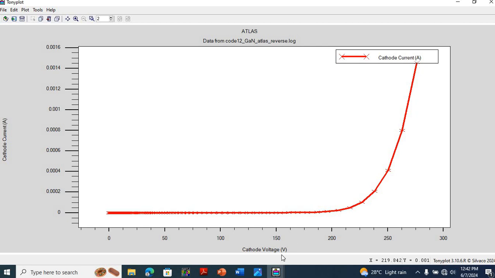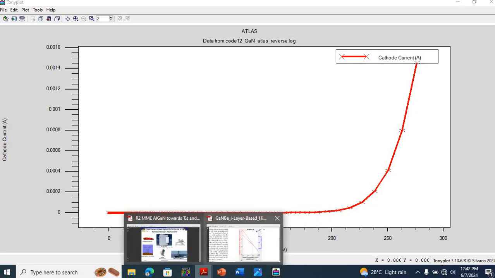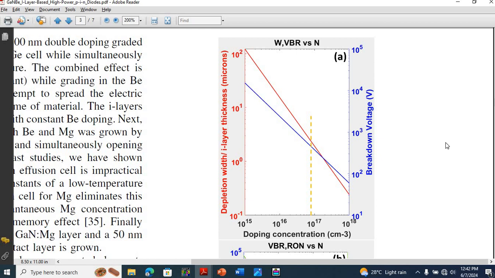So I assume that 275 volts is the breakdown point for this gallium nitride PIN diode with an I layer thickness of 1 micrometer. Also, I want to compare it with the modeling that I performed in my paper. So for 1 micrometer I layer thickness, which would be this point, if you focus on the blue curve, which corresponds to the breakdown voltage, at 1 micrometer the corresponding breakdown voltage is above 200 volts,